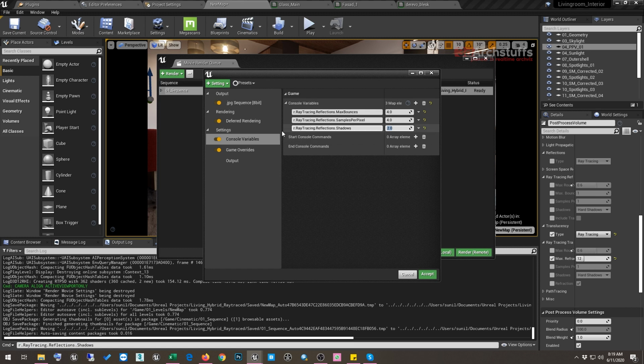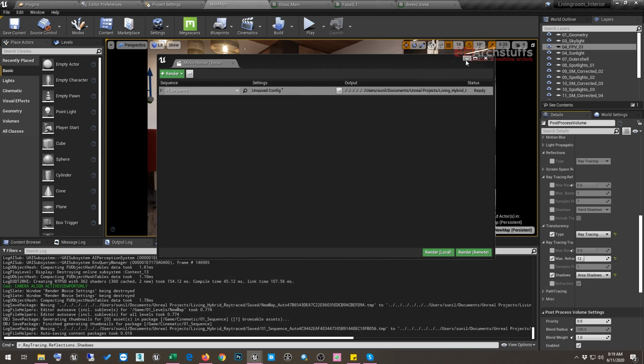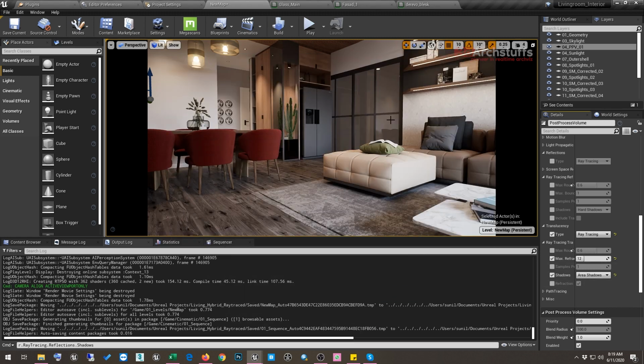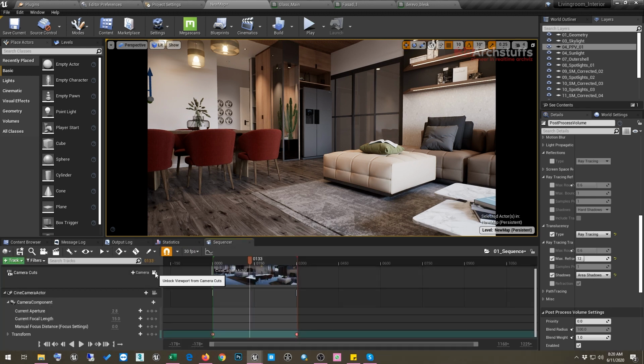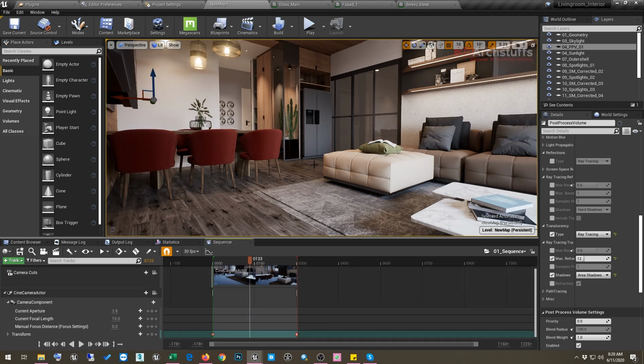So if ray tracing reflection shadows is 2 here, then it will start using area shadow. When we are in the viewport and just exploring the scene, we will be using our default value here for ray tracing.